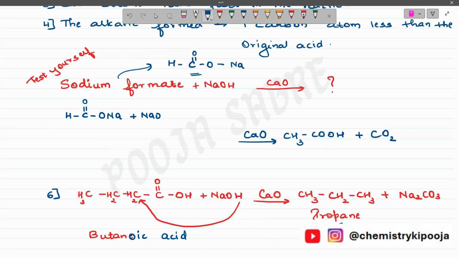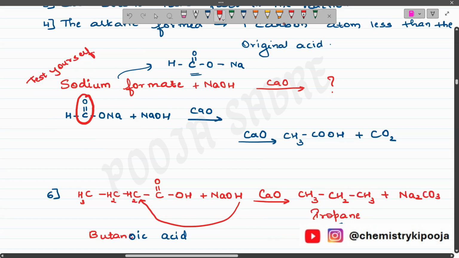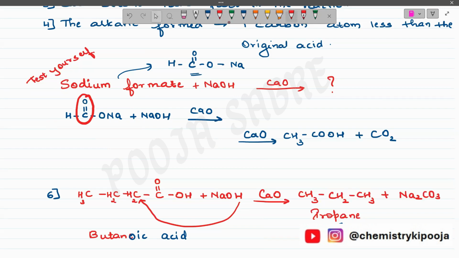Plus NaOH, that is soda lime, NaOH and calcium oxide. Now, what we studied in the last lecture, all the tricks I have shared. Remember, the hydrogen of NaOH is going to bond with which carbon? It is going to bond with the carbon which is adjacent to the carbonyl group. But if I look carefully into the structure, this is a carbonyl group. There is no carbon atom attached to carbonyl. There is an absence of the adjacent carbon. So in this case, we need not form a bond between carbon and hydrogen because there is no carbon present.